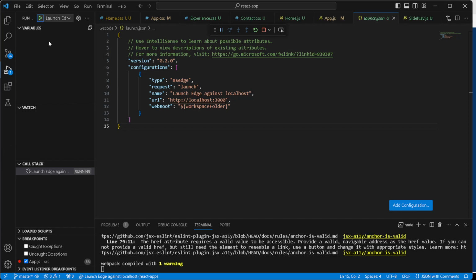Because I already created the launch.json file, but if you are doing it for the first time, you will see the create a launch.json file link here, or the gear icon at the top